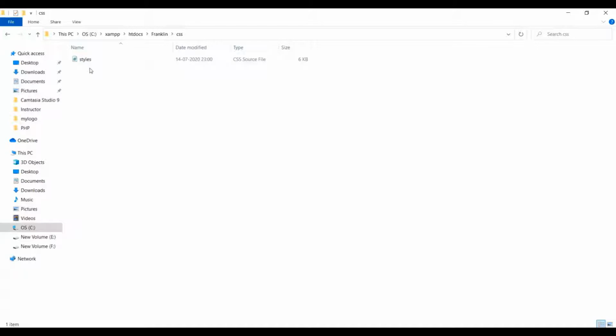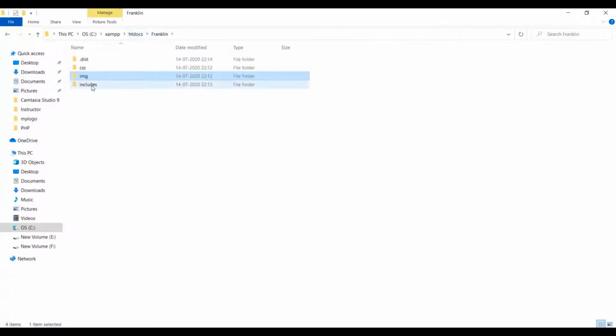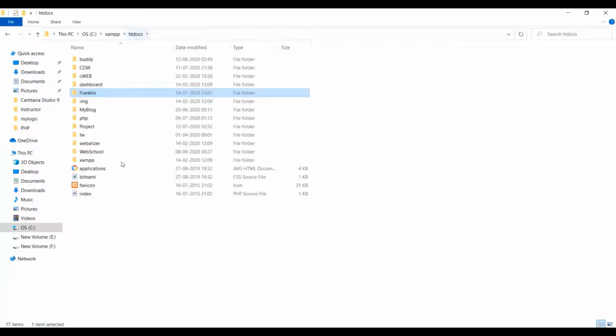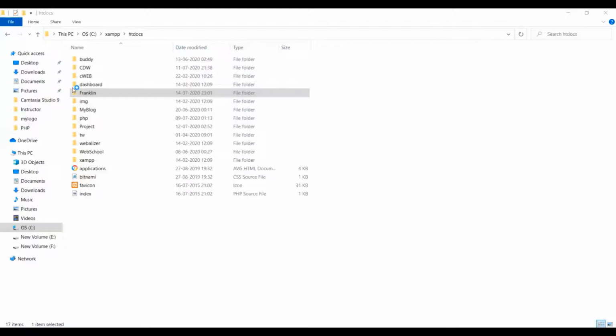If we move back, here I have included some images that I will include in my website, and one more folder, include, that will contain some PHP files. So that's all I have to do in the File Explorer. In order to create the files, I have to open my code editor. Here we go with the opening of the code editor, and once it gets loaded,